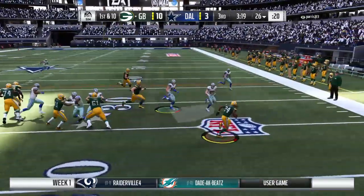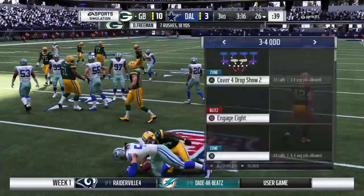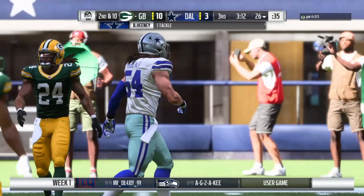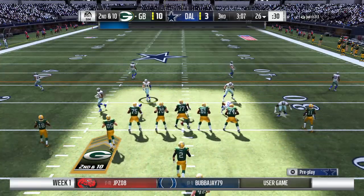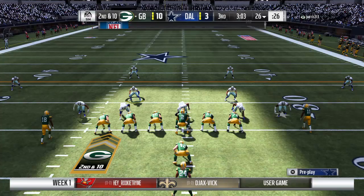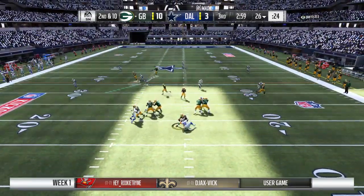The drive will start with a carry by Devontae Freeman. And he is met at the line of scrimmage, and he goes down right there. No gain on the play. It'll be 2nd down. Now, they struggled to get him rolling on the ground in the first half, and that's sort of continuing here in the 3rd quarter. Yeah, but I don't think it's time to abandon the running game. I would say keep feeding the horse, and I believe he'll eventually reward them, especially as we get...